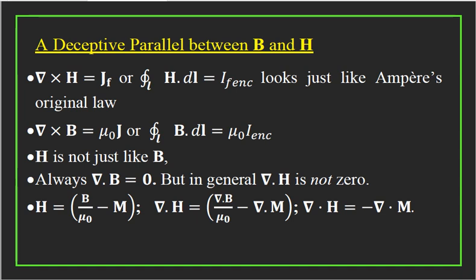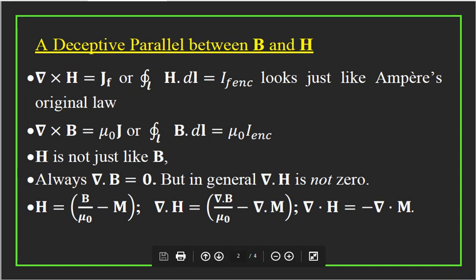A vector can be defined by specifying its curl and divergence also. Here, what about the divergence? The divergence of magnetic field is always 0, because del dot B equal to 0. Physically, it implies the non-existence of magnetic monopoles. So it is always 0 in all cases. Magnetic field B is divergenceless. It has no divergence. But what about the divergence of the auxiliary field H?